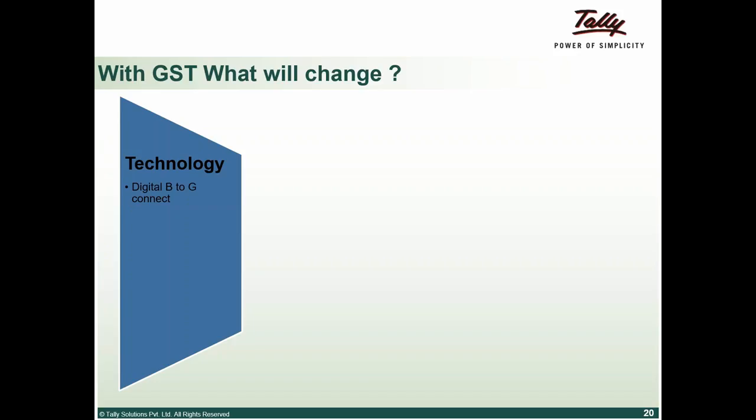So which means basically now there is a two-way communication between business and government. The business goes to the government, the government gives information to the business, the business uploads to the government, and this is a major change that is going to happen in the technology part of it. Right? And again, we would have got an idea of the end-to-end technology which is going to drive this system,